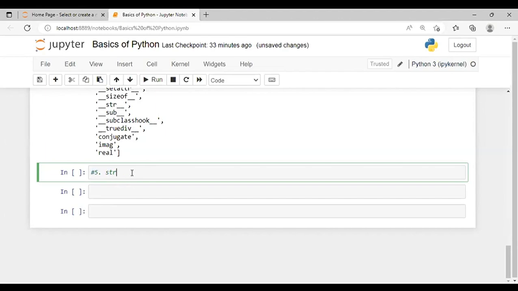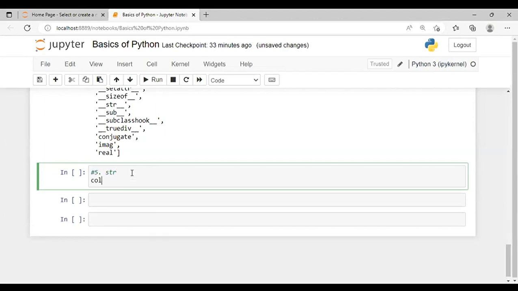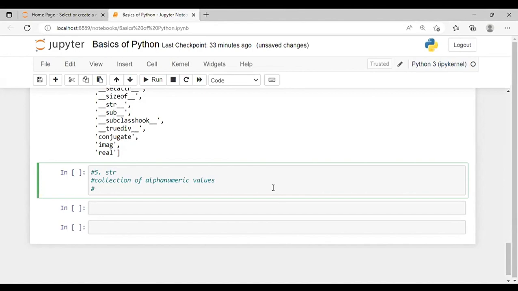String is a collection of alphanumeric values. String is a simple collection of alphanumeric values